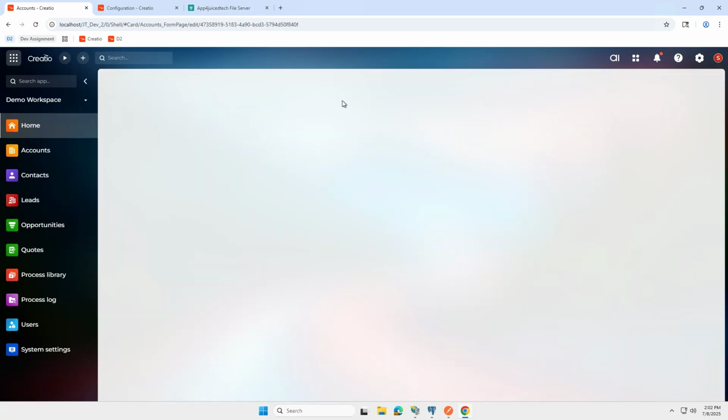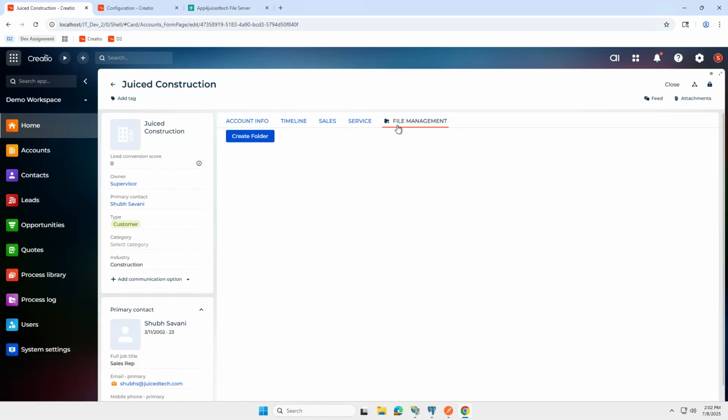Let's go into this account. And so now, as you can see in the file management tab, we don't actually have that integration here because we don't really have the project folder set up yet. But you can see this neat little button here, which actually connects to a process we have that creates that folder structure using that CRM template that we've created. And so if I were to click into this,